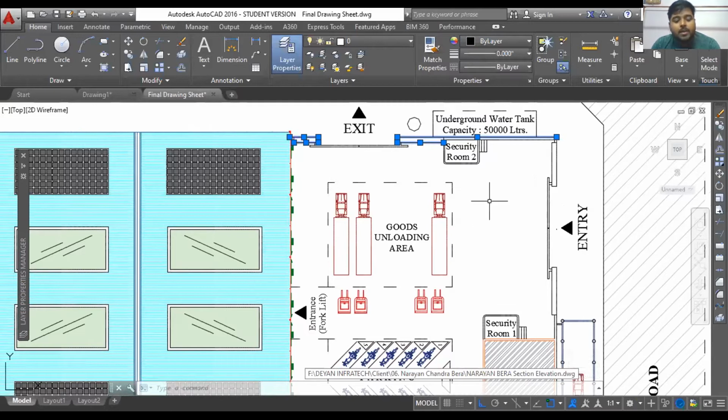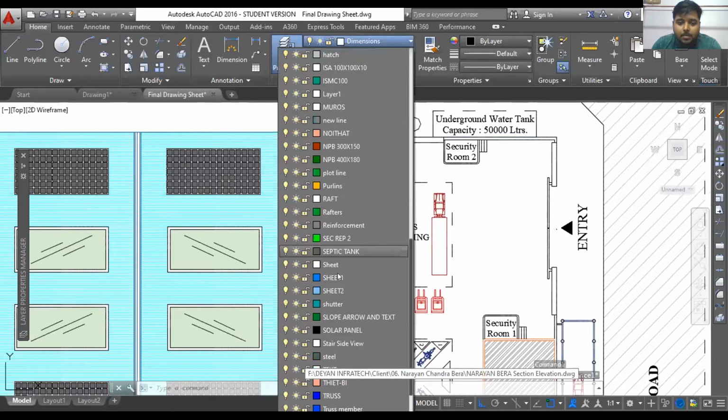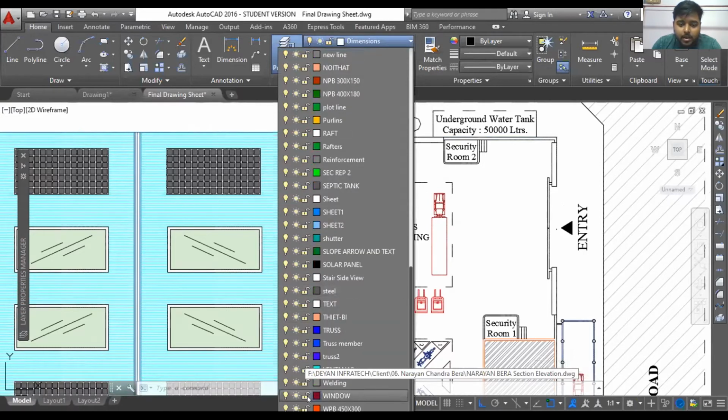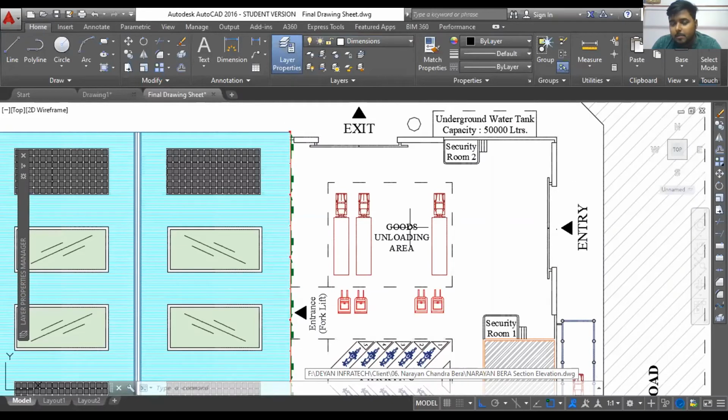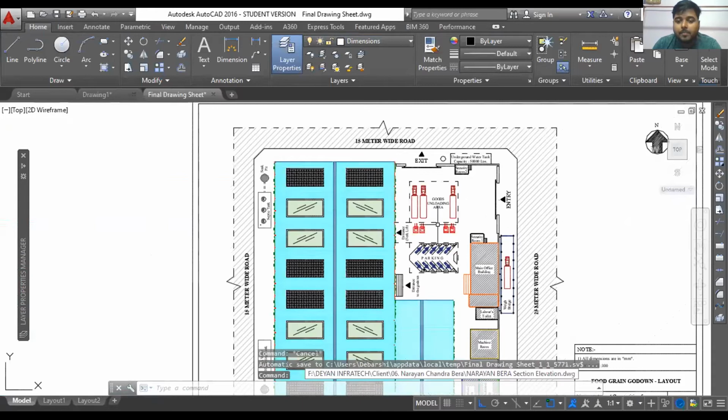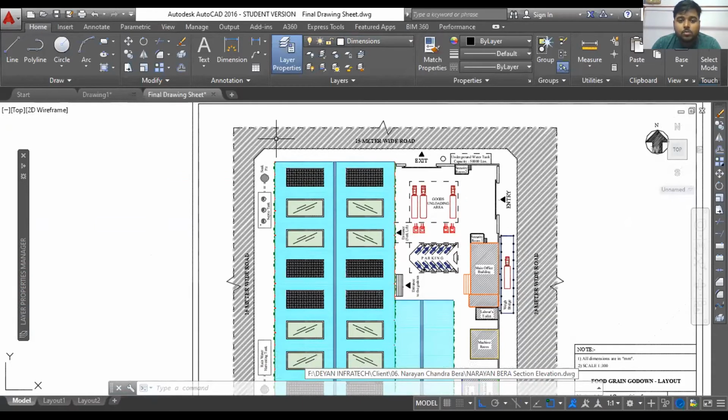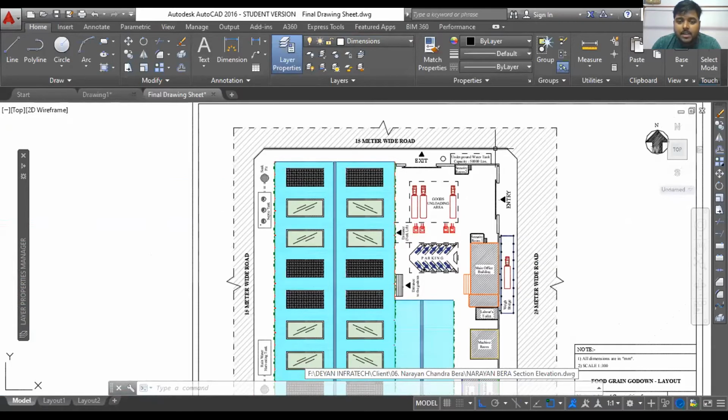No, if you have done it within a layer, you can simply open it from the list. Maybe the wall layer, I don't know where it is. Suppose this is the window. I can easily click and change the color of the windows. I can easily click and change the color of the walls. So that is the convenience of your work. That is how you will become more convenient at your work. So you need to do that. So you can easily change colors.